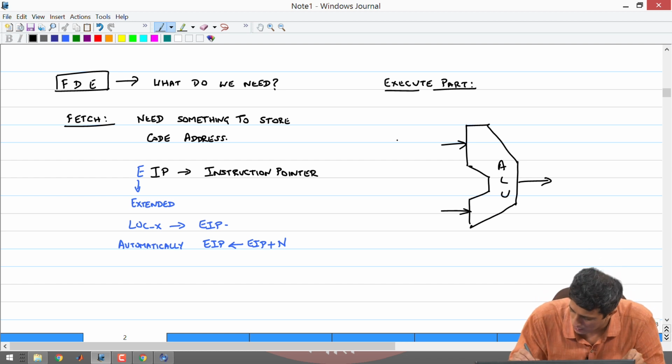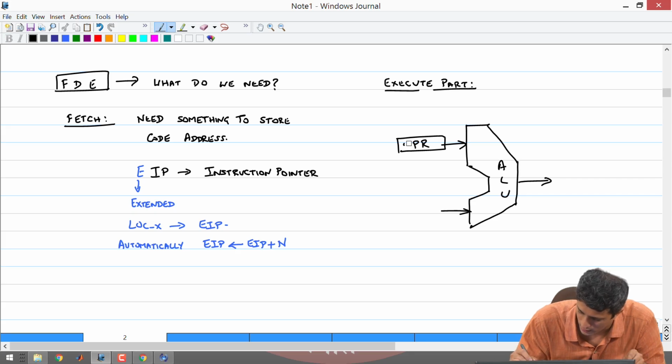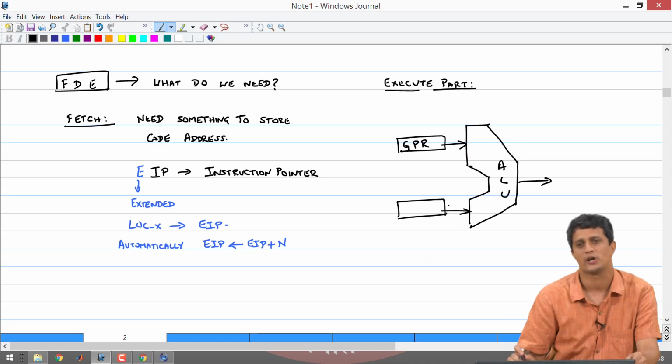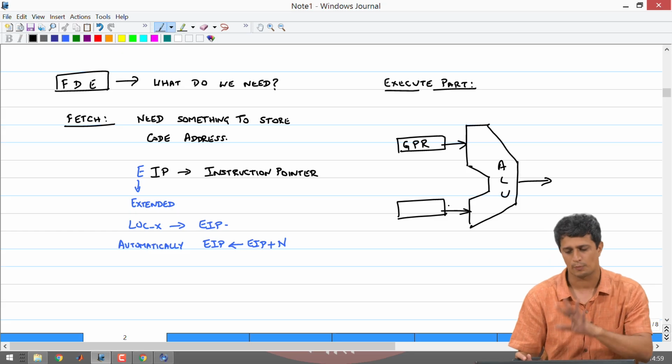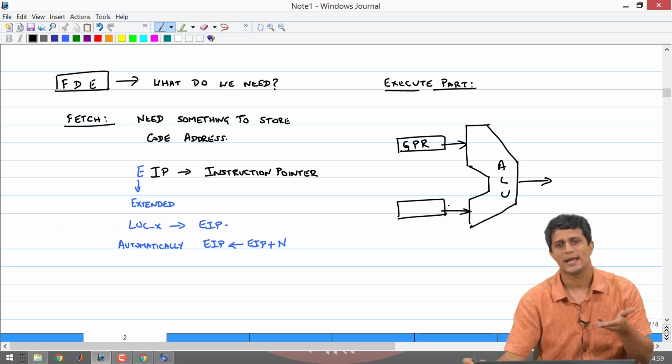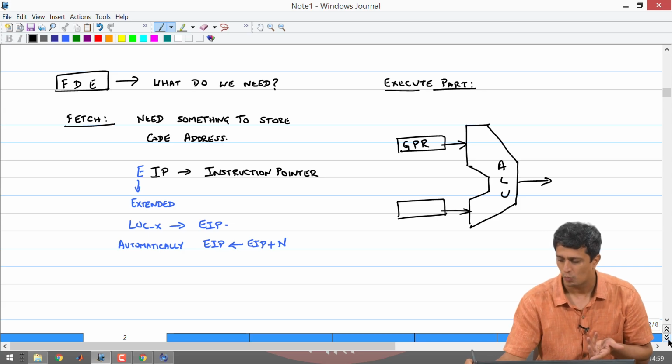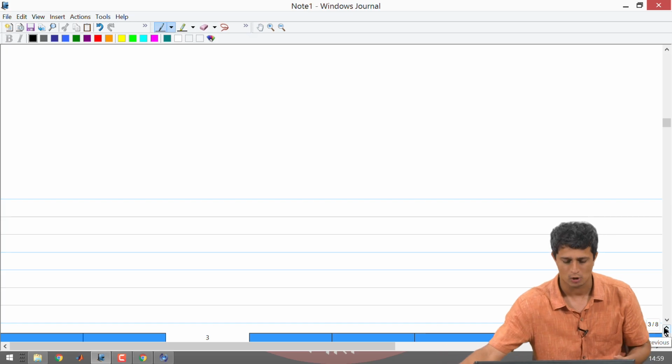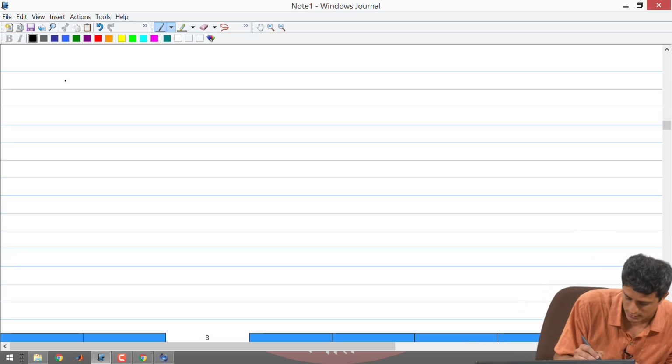So, you have a general purpose register here, okay, and the other operand could be something more generic. We will come to what those operands could be, right. So, in order to perform any ALU operation, we need to see what are the kind of general purpose registers that are available in a microprocessor. So, let us look at